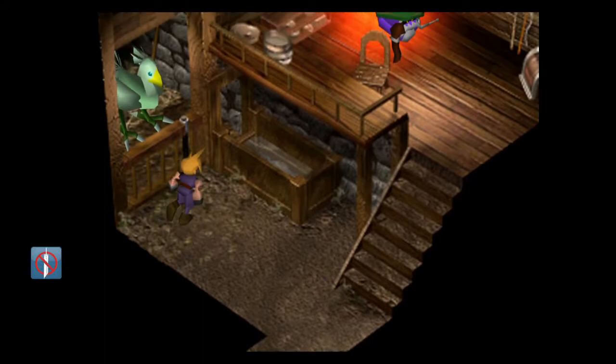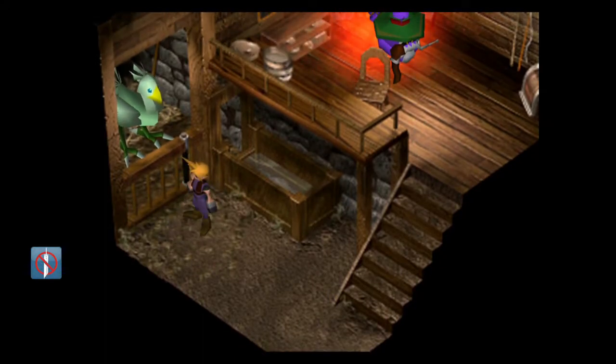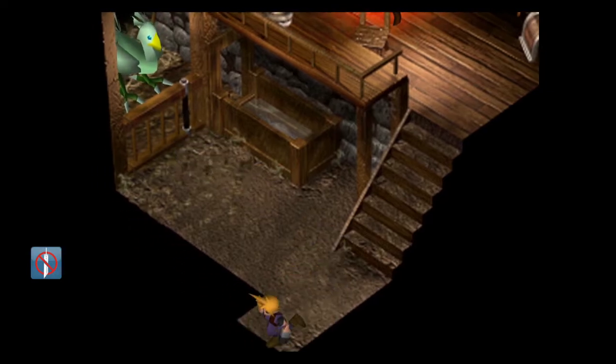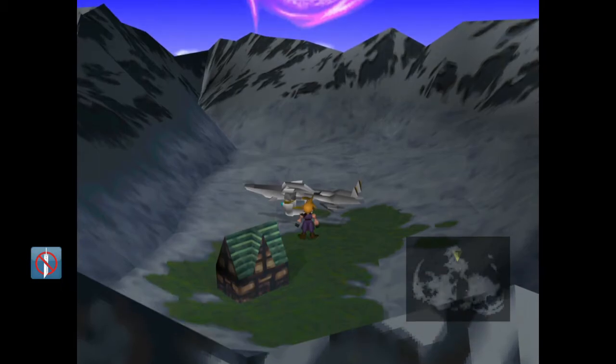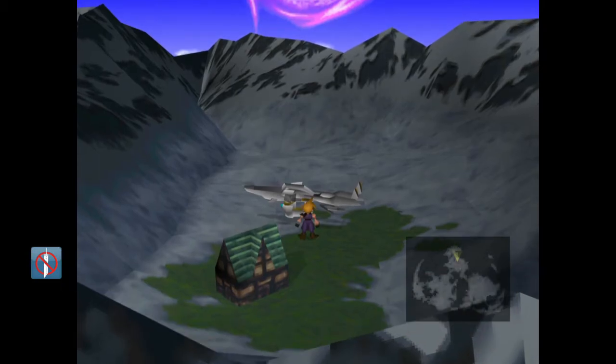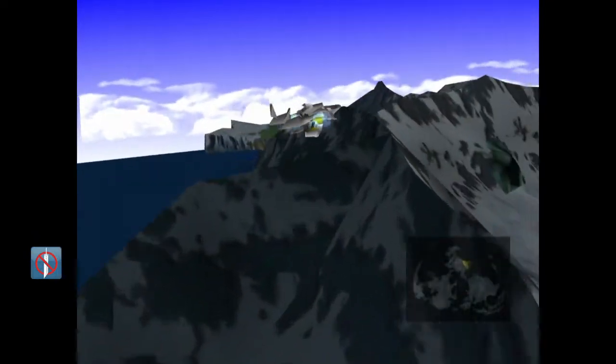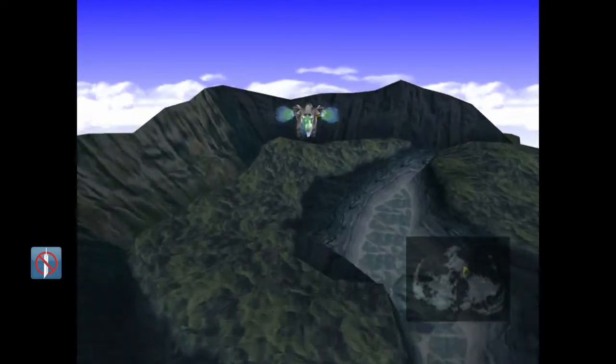So what he's saying is right. Basically, what we want to do is we want to breed the best kind of chocobo possible. One that can not only cross terrain, but one that can fly, one that can cross any terrain,